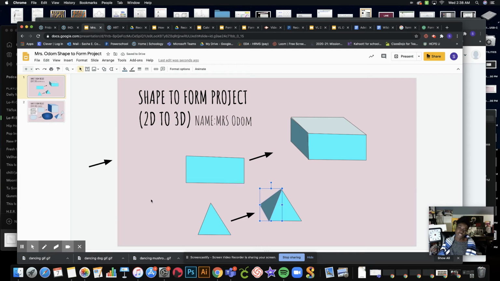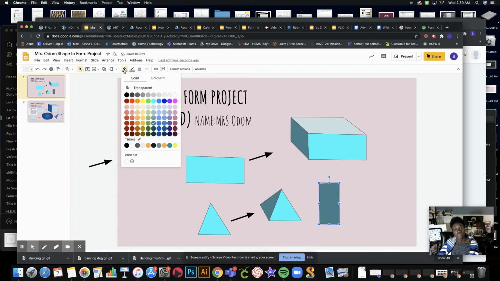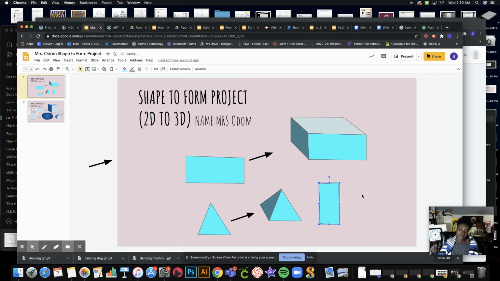Then I will do, I'm going to do a cylinder. So a flat cylinder is usually a tall rectangle. Okay. So this is a little bit more